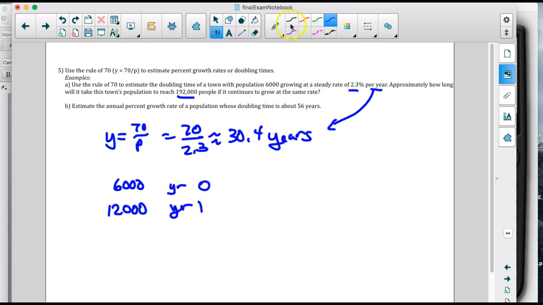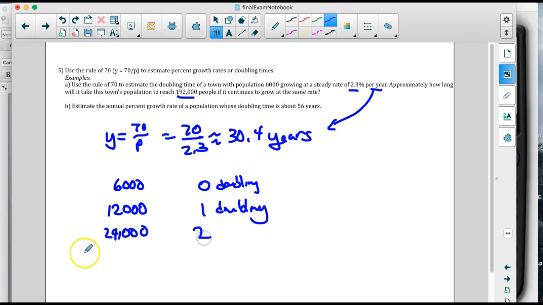If we're looking at doubling rates, you're at 0 doublings, then 1 doubling, then we'd go to 24,000 for 2 doublings, 48,000 for 3 doublings,